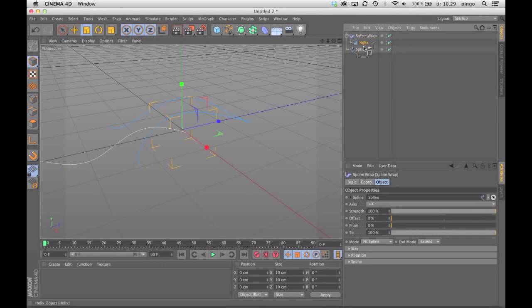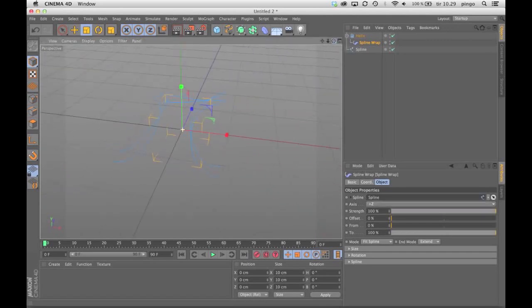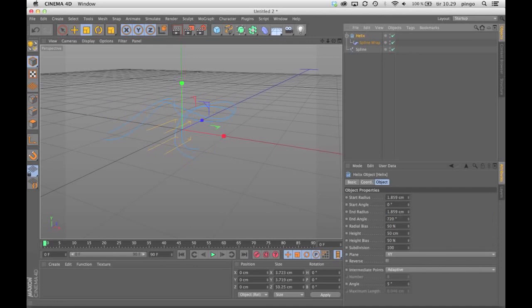And oh, this is the wrong way to do it. Have to put the deformer underneath. And don't worry, it looks weird, but you'll figure it out. It's one of them. You'll find it. Here we go. And so far it's procedural, so you can still go and increase the angles